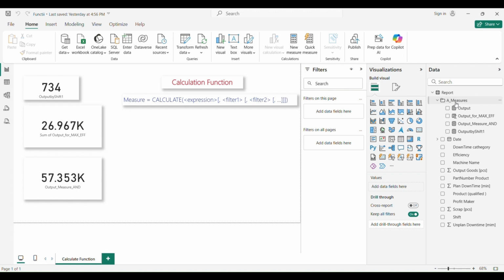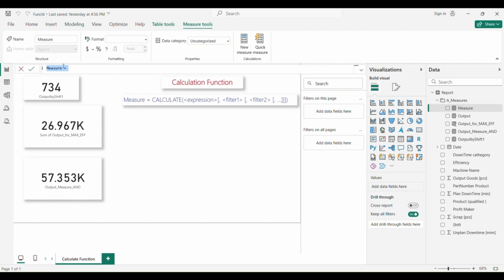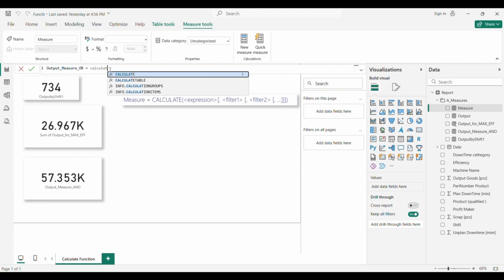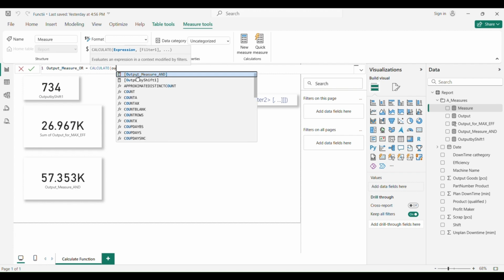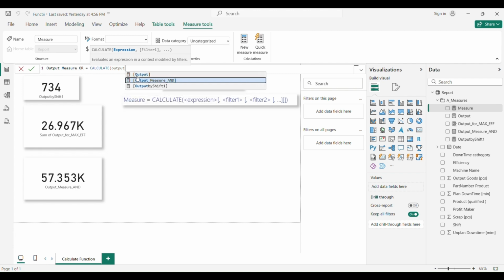Now we create a measure, and let's call it output measure OR. And we say CALCULATE, and we say our measure output.